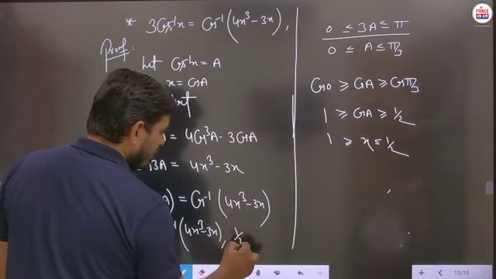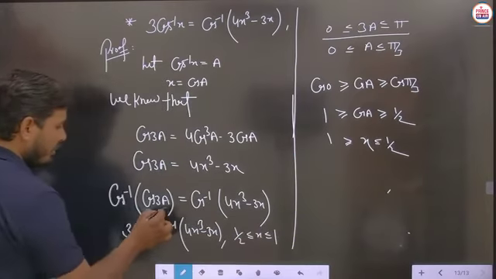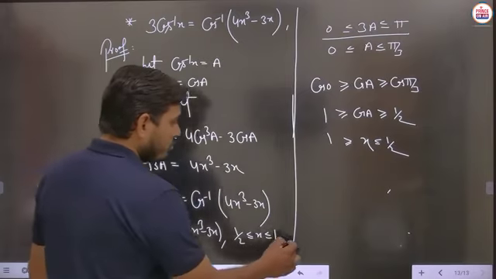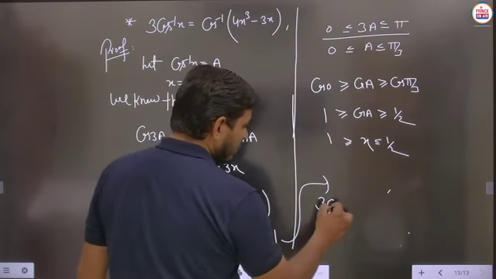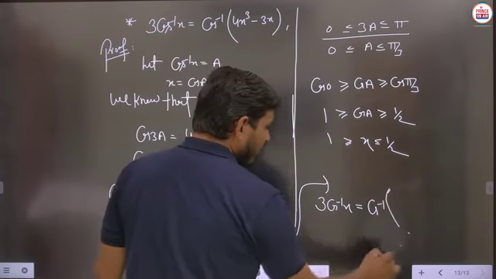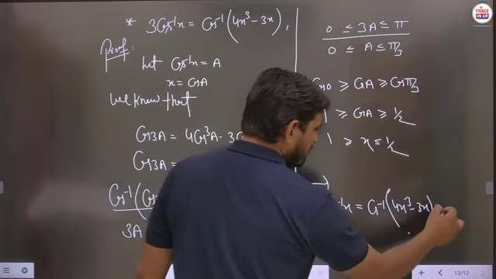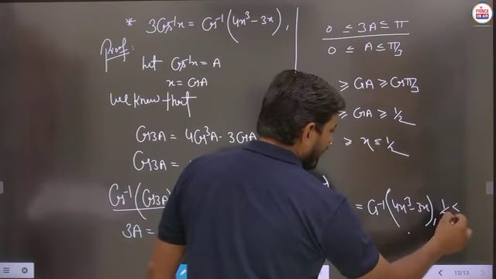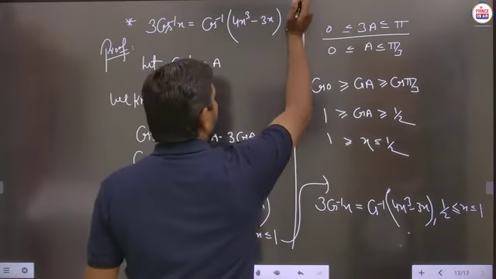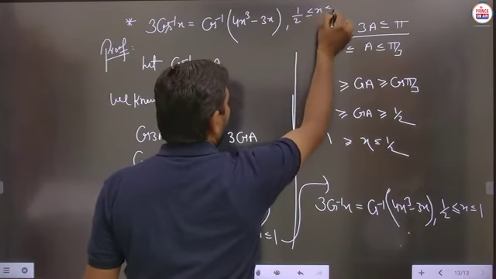We have to take 1 by 2 to 1, then this particular part will become 3a, and this a is to be again written as cos inverse x. So we can write this result as 3 cos inverse x will be written as cos inverse of 4x cube minus 3x, but in this case we have to write the result for 1 by 2 to 1. So here you can just mention the condition 1 by 2 to 1.